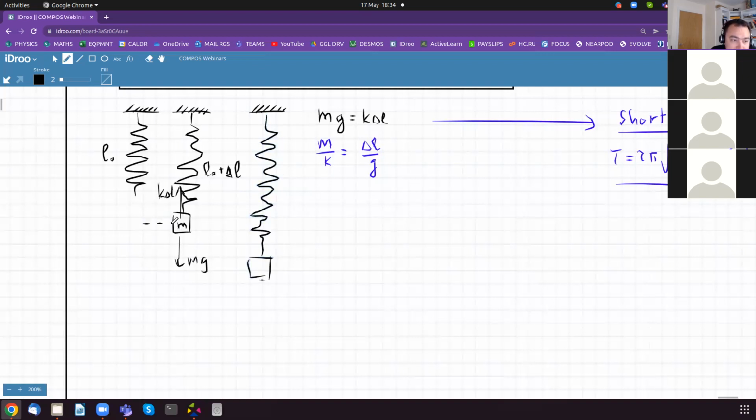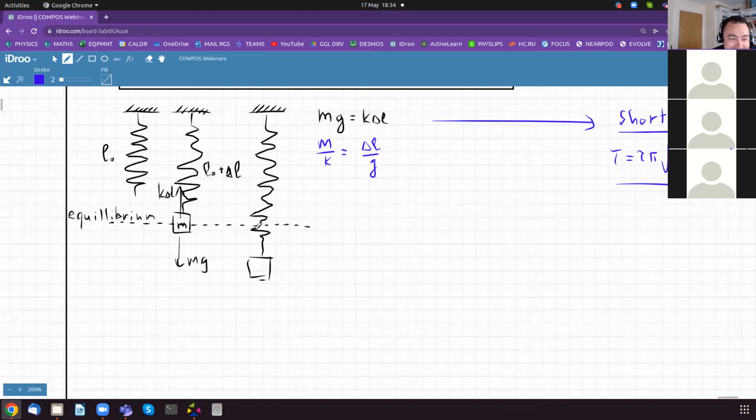This is the equilibrium position. And we move the mass down. So we pull the mass down,